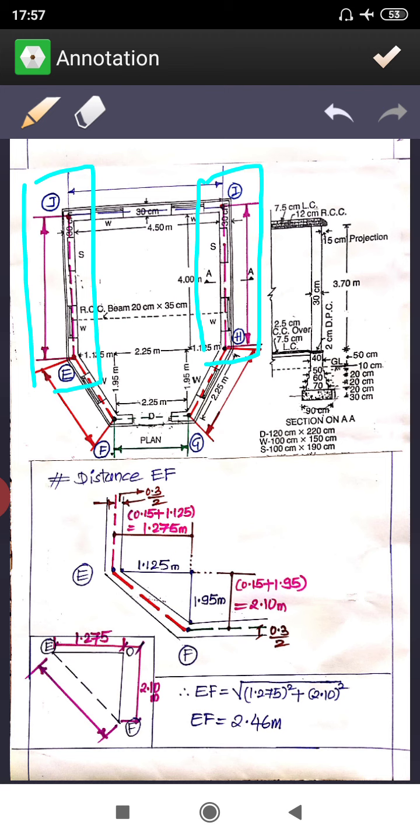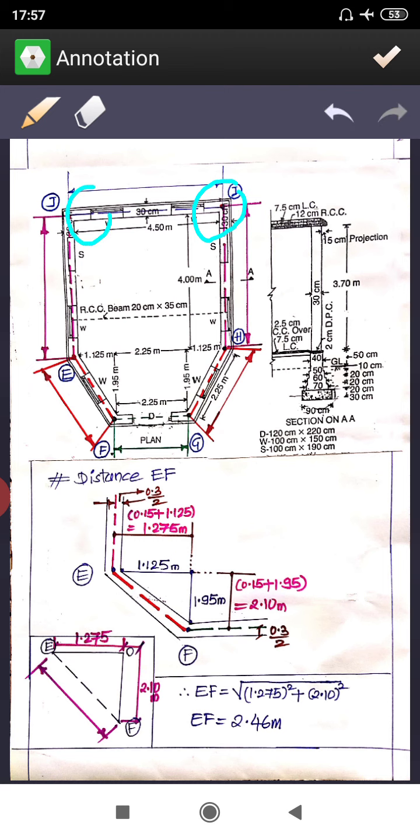See here, half of 0.9 you are supposed to deduct here and half of 0.9 you are supposed to deduct there when you will be dealing with IJ. Therefore, while taking the IJ length, that is center to center of IJ minus one full width, half from this side and half from this side, you have to deduct. I hope you have got this concept, right?